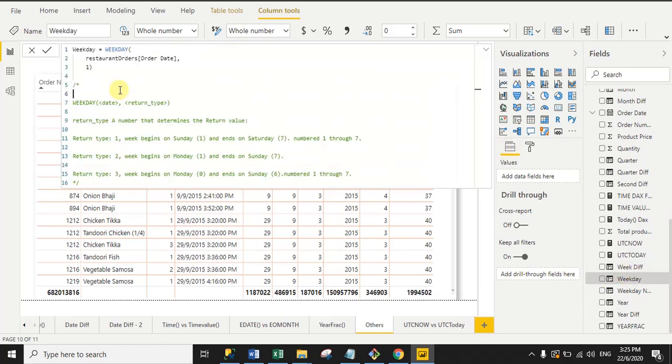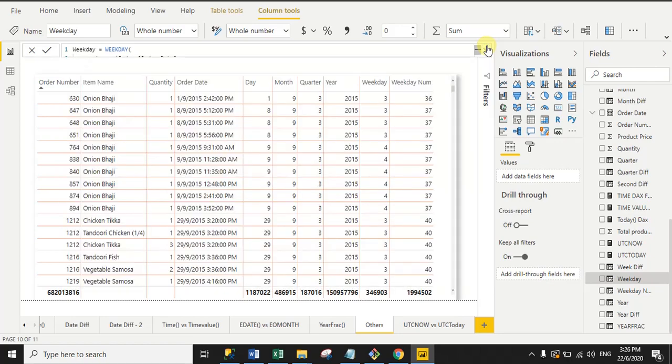Here I write weekday, this is the DAX function, and in the first argument you pass your date, and in the second argument you can pass 1, 2, 3. 1 means if you want to start your week from Sunday to Saturday, then pass 1, and if you want to start your week from Monday to Sunday, then pass 2, and pass 3 if you want to start your weekday from Monday to Sunday. Accordingly you can pass 1, 2, 3 in the second argument, then it will return your weekday.